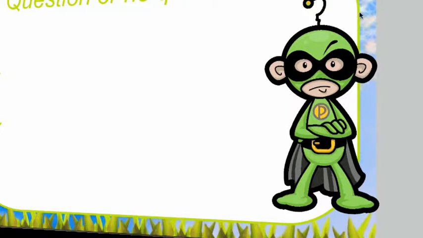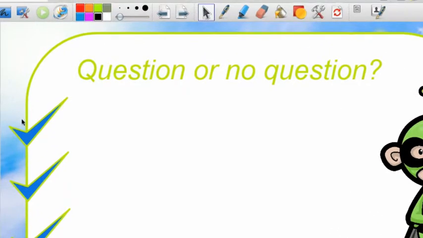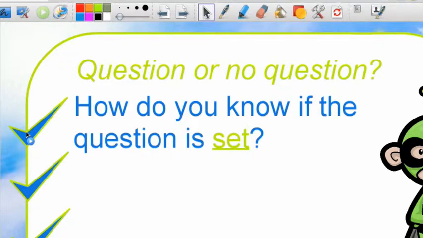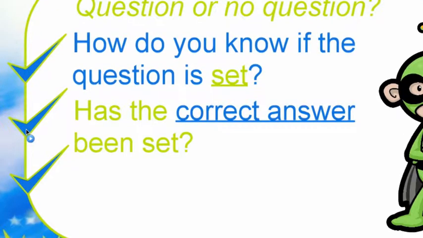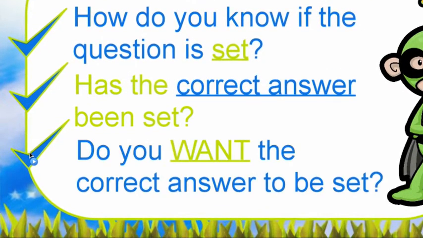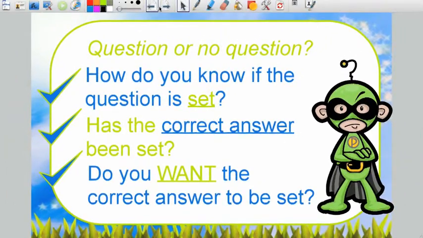But sometimes when you open a flip chart, you might know that there is a question on the page. But how do you know if the question is already set? How do you know if the correct answer has been selected? And do you want the correct answer to be selected? So let's answer these questions first,